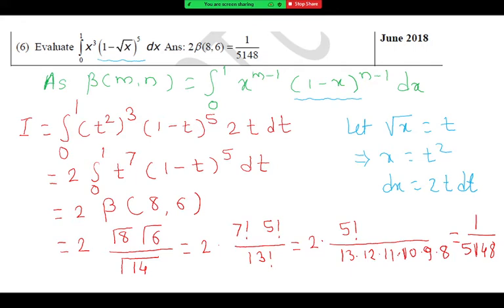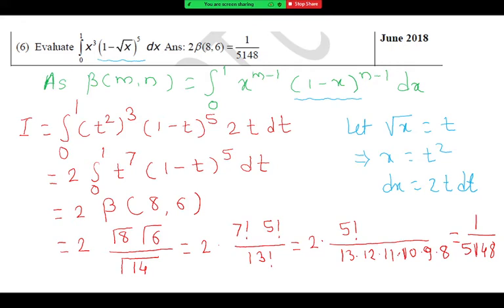You can write the answer like 0.00036, something like that, whatever the calculator gives. So your answer can be in a fraction or in a decimal. Both ways it is correct. So it is better to use a calculator to simplify this. Okay, so that is the end of the question.